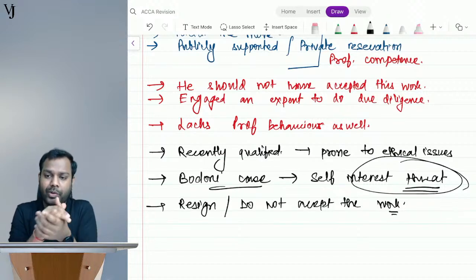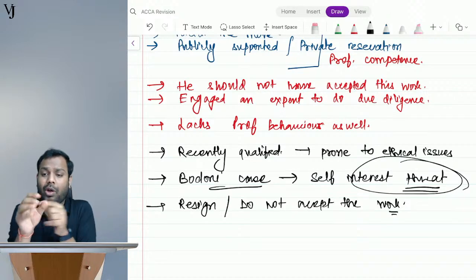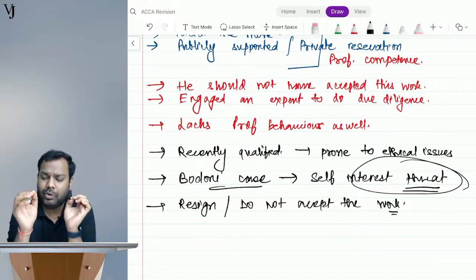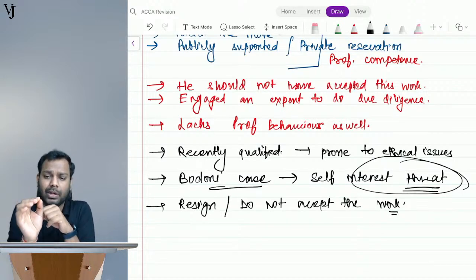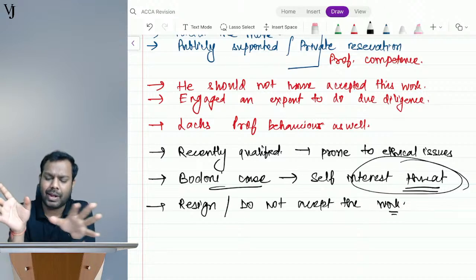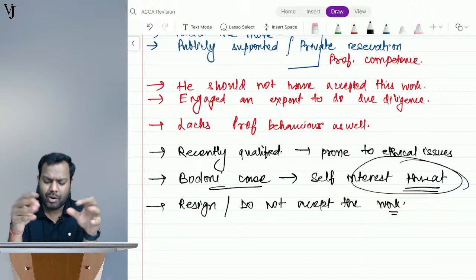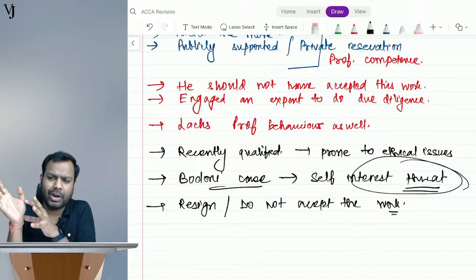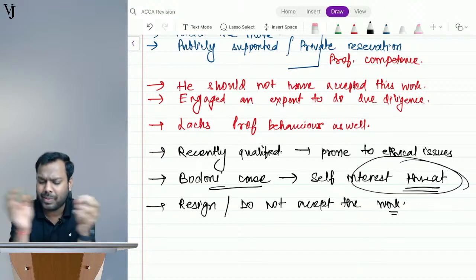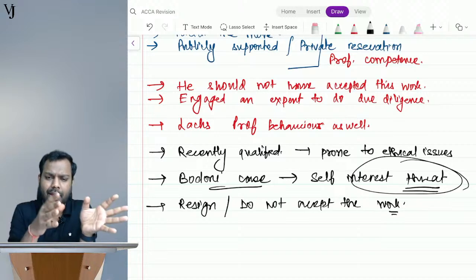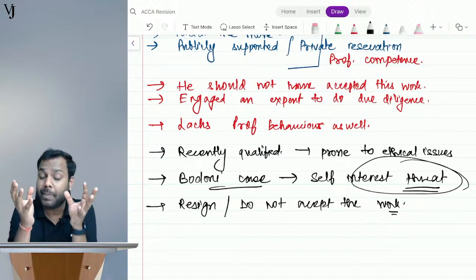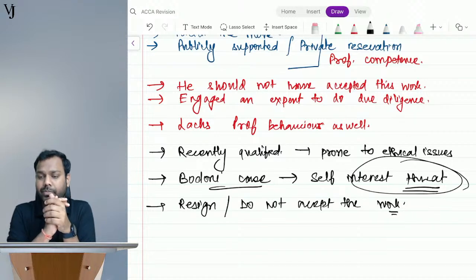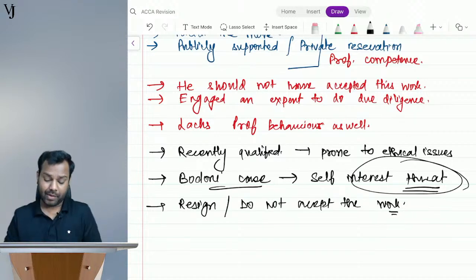For few chapters, like for example, government grants, borrowing cost, agriculture, that is biological assets, all these chapters, I will give you the link of my FR revision session in which you can go and do. And I'll give you the timing also. In the last class, I will announce everything. Don't worry. But I will not be covering these chapters which I have already covered in FR revision session, and they are exactly the same. I will be covering what is important for SBR.